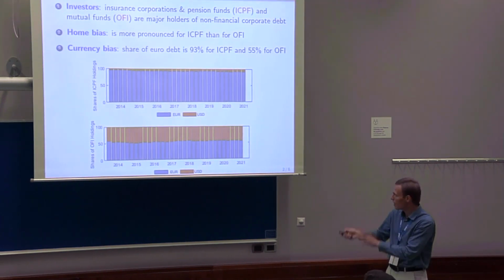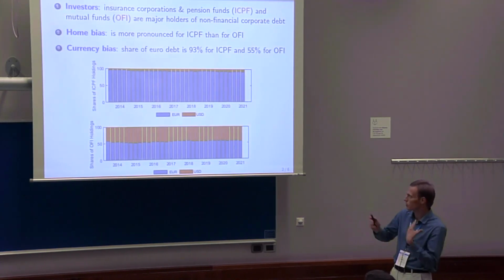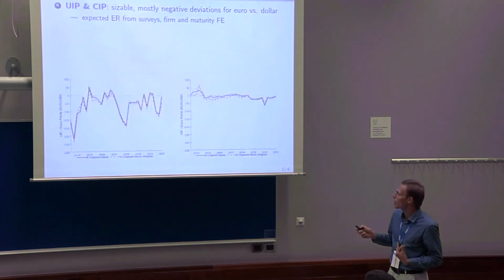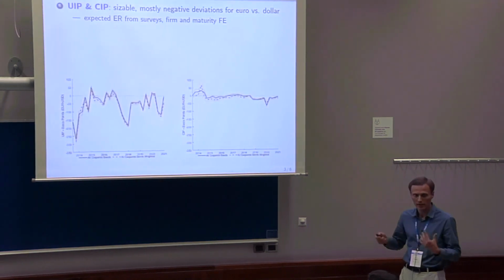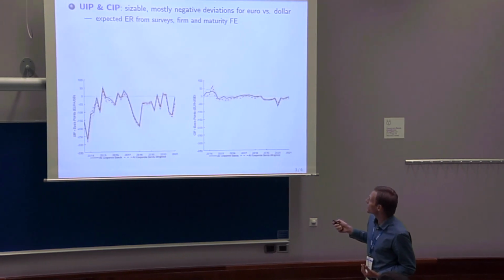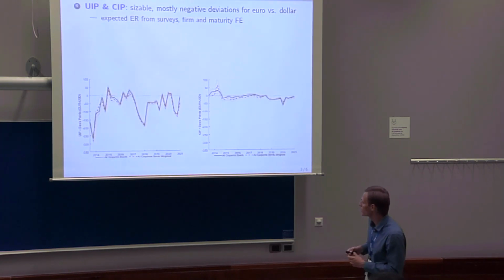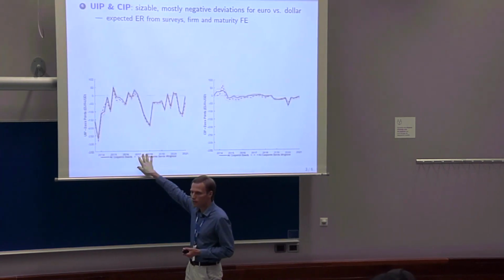Okay, so I would say these are the main facts that we learn about the portfolios. Now, as you probably noticed already, there's the second part of the paper, which is the key one, about the UIP and CIP deviations. The first fact here is that these deviations from UIP and CIP are negative for the euro, right? So this is the picture for the UIP,